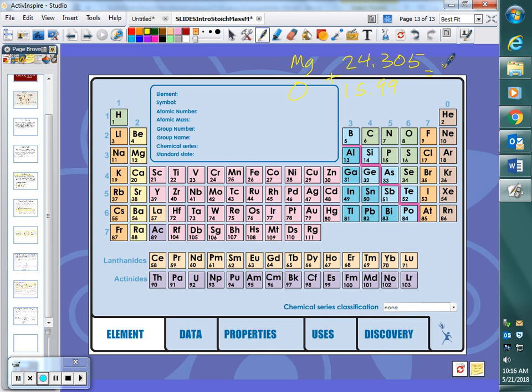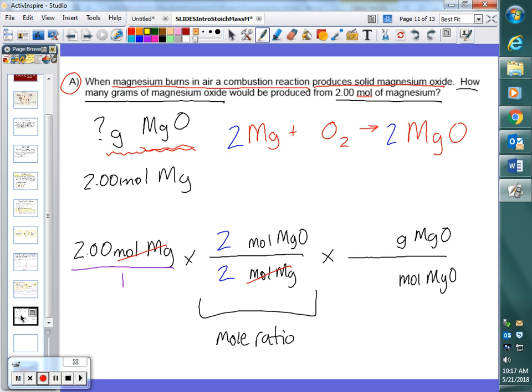I end up with 40.295. Again, that might be a little bit different than what your periodic table says. The laminated periodic table is at the back of the room. Might be a little different. That's okay. That's fine. Okay? So, if we come back here, that is the molar mass of magnesium oxide,